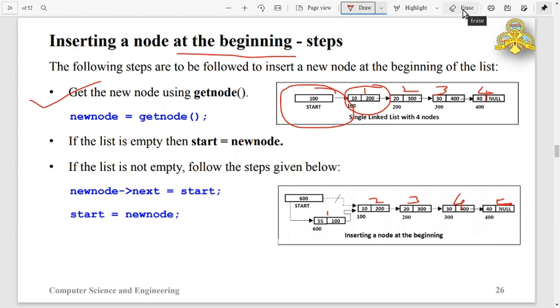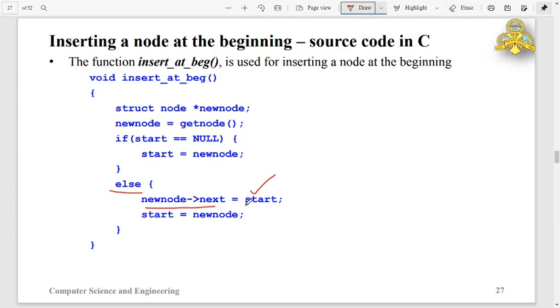So the statement is that the content of the start is assigned to new node next. Start pointer contains the first node address. After successful operation of this step, whatever address is contained in the new node pointer will be assigned to start.